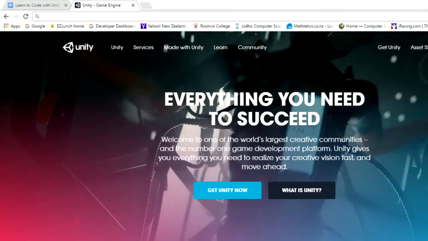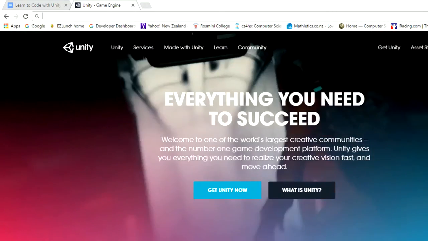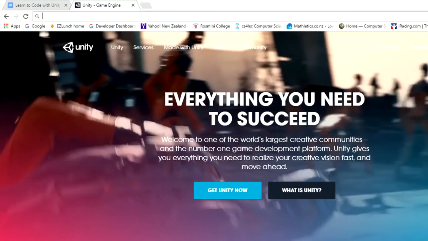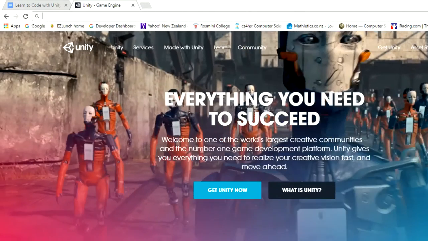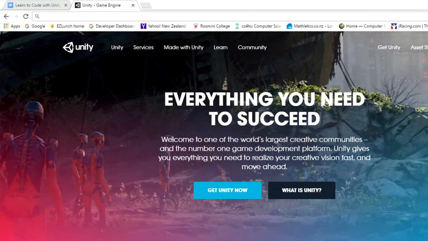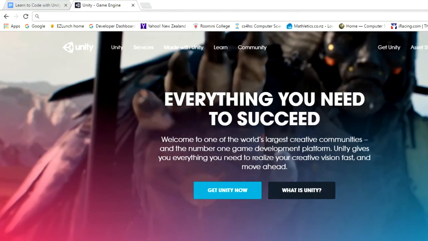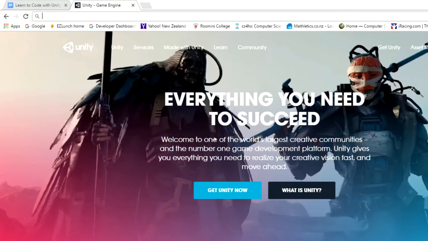Now Unity 3D is an awesome piece of software. The thing you can see on your screen right now is made in Unity 3D. You can see it can do real high quality AAA games, but it's also free and you can download it from unity3d.com, the site that you can see in front of you right now,